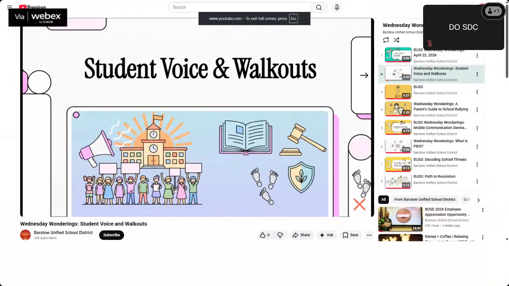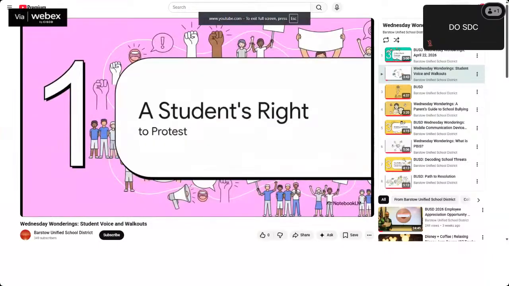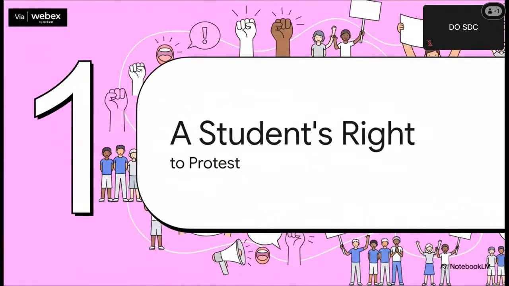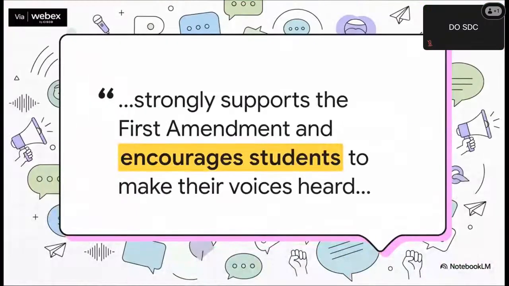Okay, so first things first. Let's start with the foundation of this entire policy. The school district doesn't just jump into a list of rules and restrictions. Nope, it actually starts with a core principle, your fundamental right to express yourself. This quote really gets right to the heart of it, doesn't it? It's a super clear statement that your voice matters and that your constitutional right to speak up is something they actively support. This whole thing isn't about silencing students. It's about creating a framework for that expression.